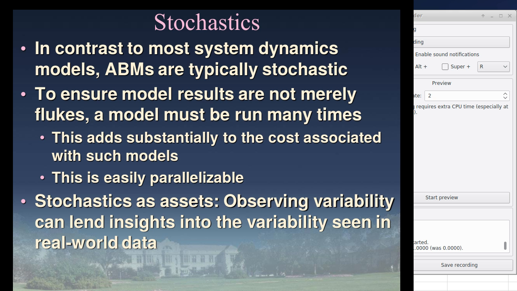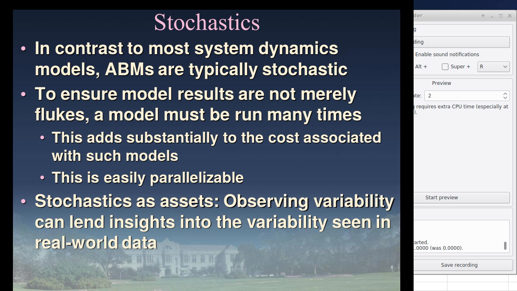ABMs are typically stochastic. This has advantages. It allows us to reason about chance events in the world and the variability we might expect from the system, to see if a model can account for the sort of variability we see in the actual empirical data. But it has consequences too. It means, to secure results about which we're confident, that are robust, to make sure that our thinking is not merely reflective of a fluke we happen to have seen,